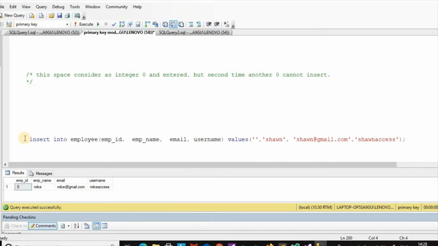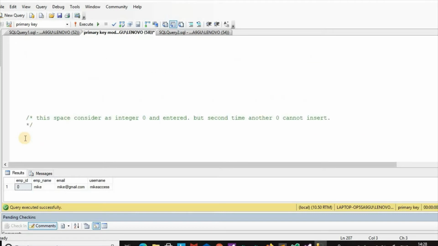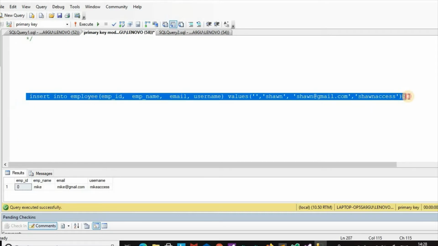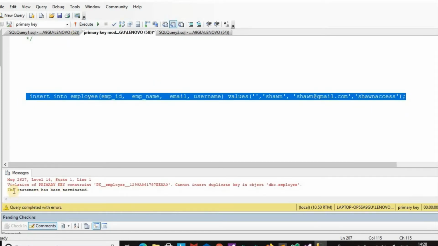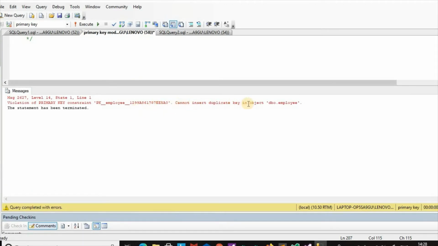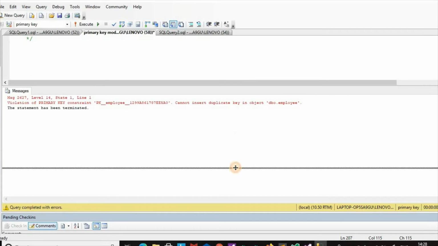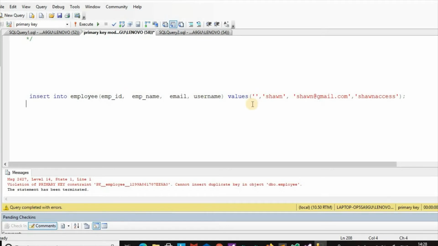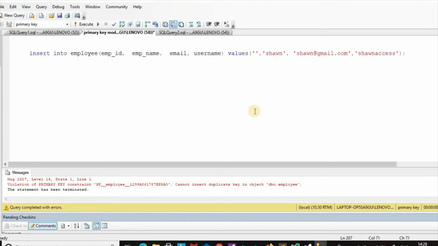If we try to insert another record with this space again, this space is considered as zero, but zero is now a duplicate. Violation of primary key constraint, cannot insert duplicate key in employee. The first zero was inserted, but the second zero is not inserted.